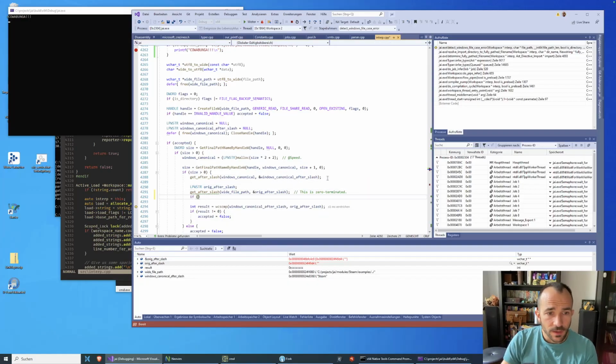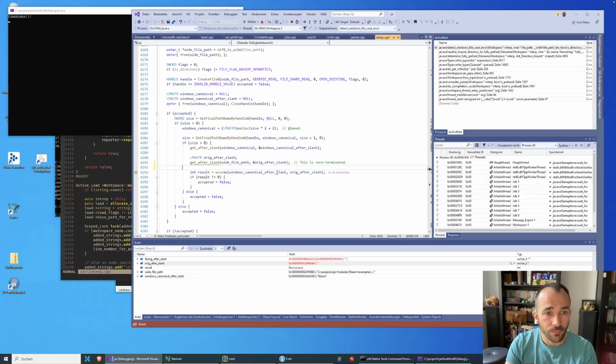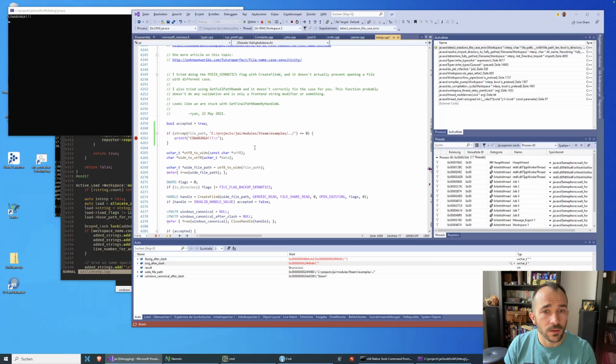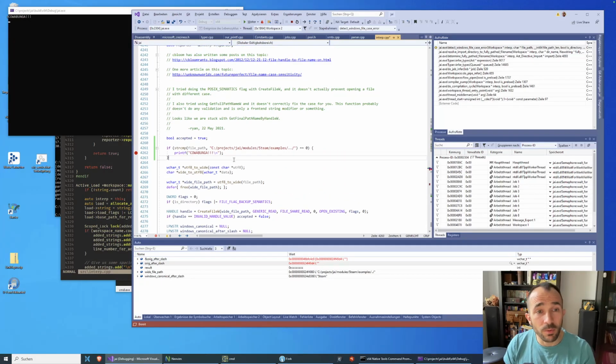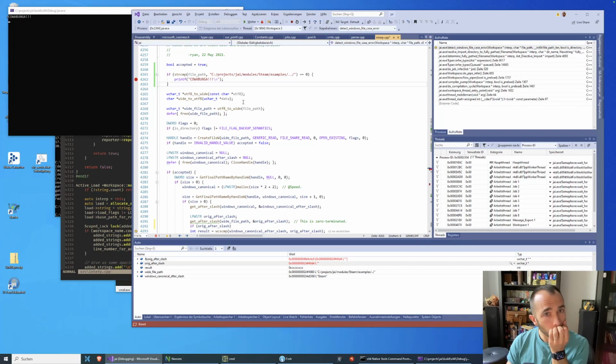So we say if, and I guess we need a wide string length or something. I don't even know how I do string length on a wide string. Maybe we can, actually we can early exit.